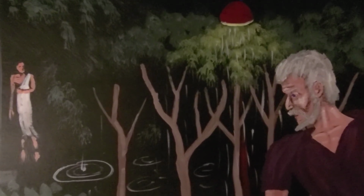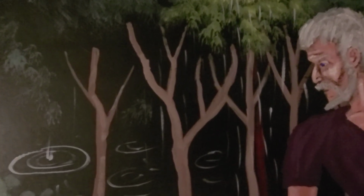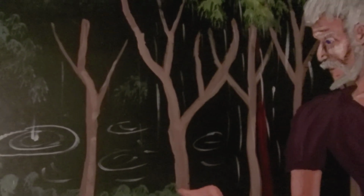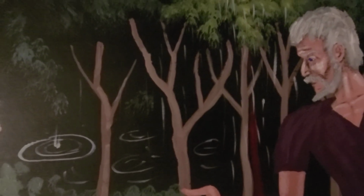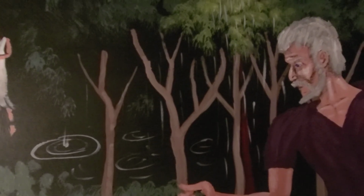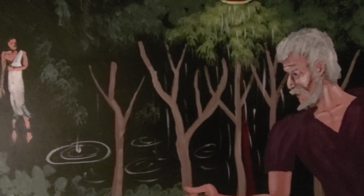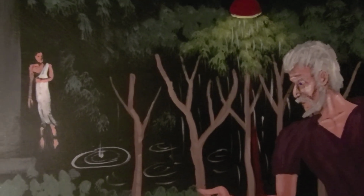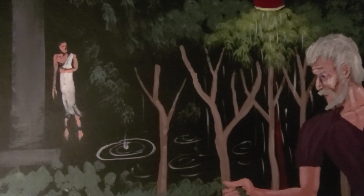The trees are, maybe just the trunks are, a tad thinner than I wanted them originally. But sometimes when I get painting, I get a little off my original vision. But that's okay. I like how it turned out here. This character's barefoot in the rain and maybe standing in a puddle. You know, another thing subconsciously that